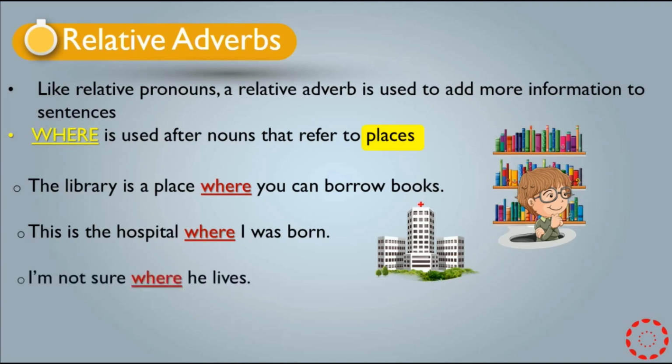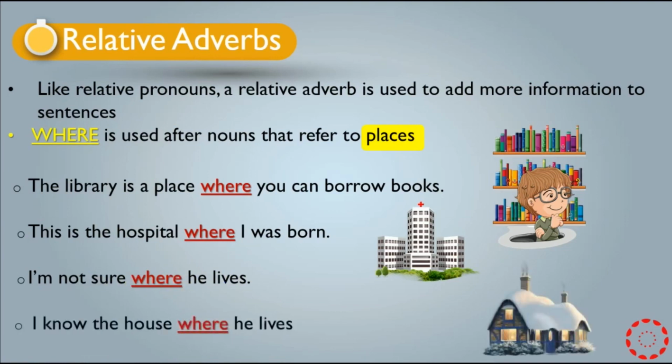I am not sure where he lives. In the sentence, I am talking about where he lives. Because the sentence refers to some address, for example, a house or somewhere, that's why I used where instead of who. I know the house where he lives. Again, here we have the house. That's why I used where instead of